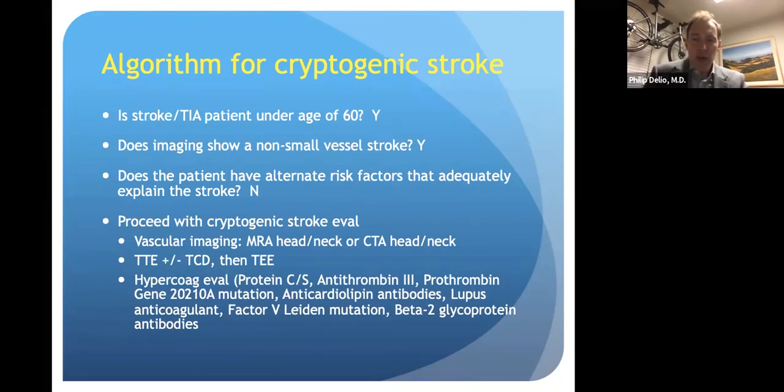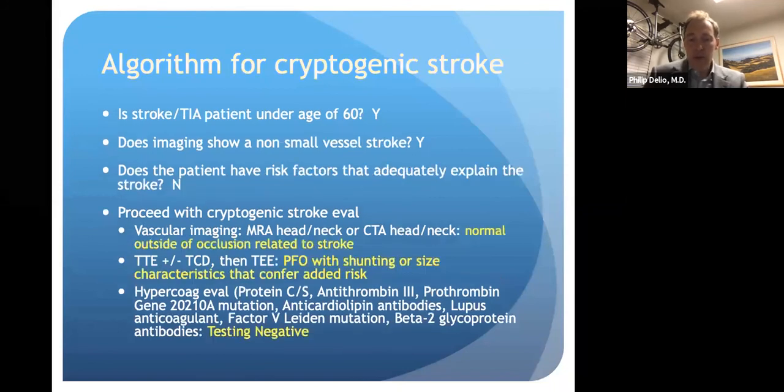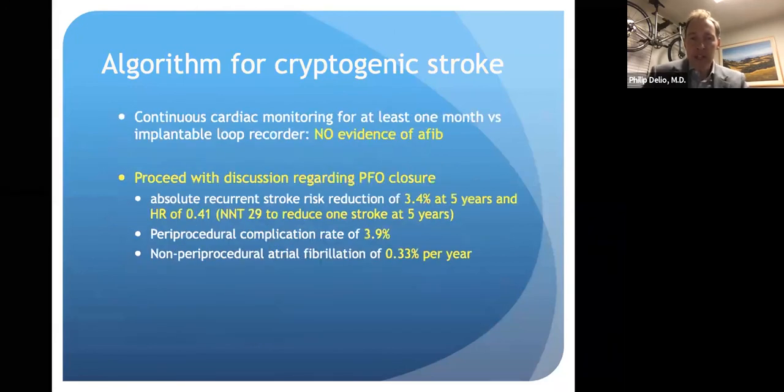And that's why we really want to do a thorough investigation of looking at hypercoagulable risk factors, echocardiogram, looking for occult AFib, doing all the rest of the workup to say, are we really sure there's no underlying risk factor that we're missing here? And that's all these sort of tests that we talked about, right? So MRA, CTA of the head and neck, looking for dissection, TCD to look for PFO, transthoracic or transesophageal echo, hypercoagulable evals. And if all these things look okay, and the only thing you're finding is a PFO with shunting or size that is felt to confer an added risk, then we think it's reasonable to go ahead and proceed